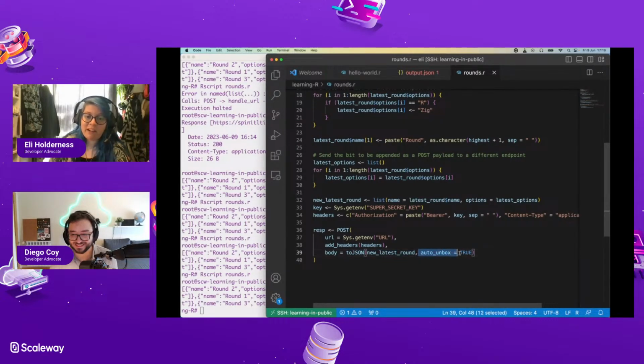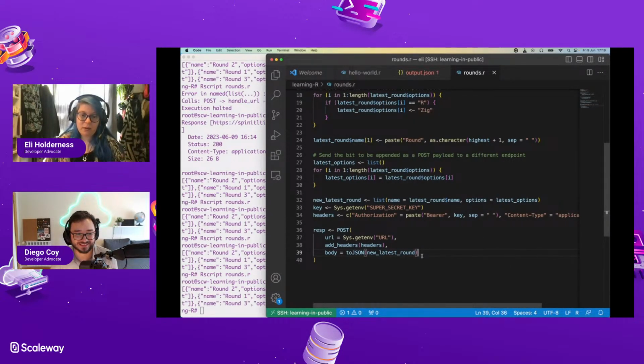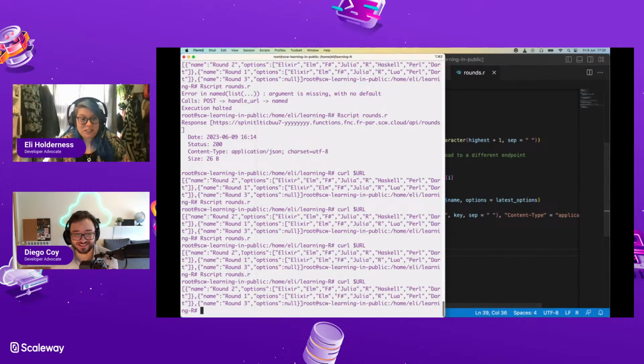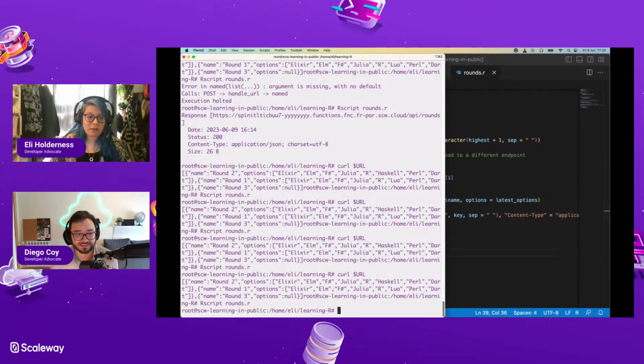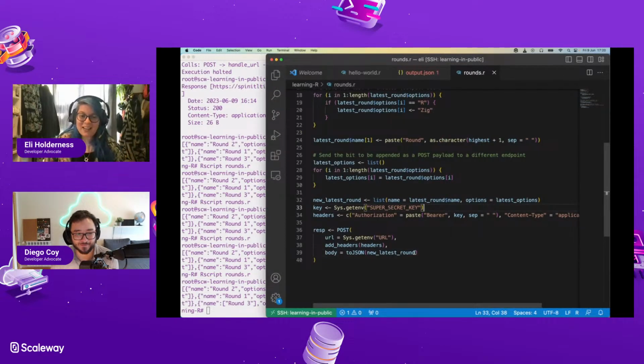Maybe we get rid of the auto unbox. Yeah, and then we get rid of the toJSON. Slack really wants me to. No, I think if you do the auto unbox, maybe what it's doing is unboxing that list and turning it into something. It's getting rid of the actual necessary square brackets. Maybe we will see. If this works, I'm going to be so satisfied. It didn't work. Yep. And now we have the square brackets on the name. Dang. Man, I'm stumped.